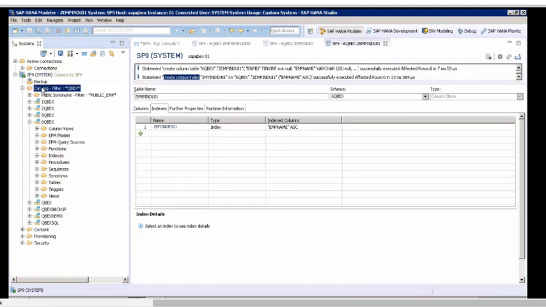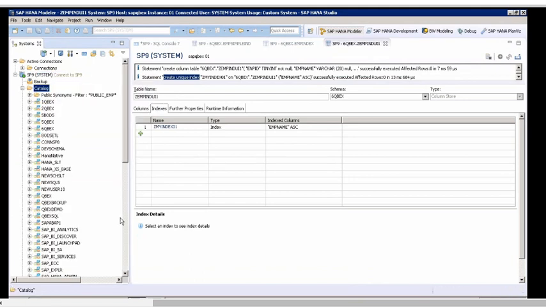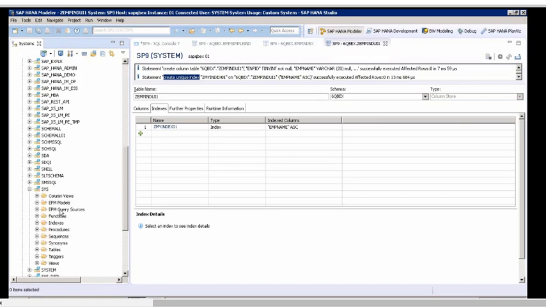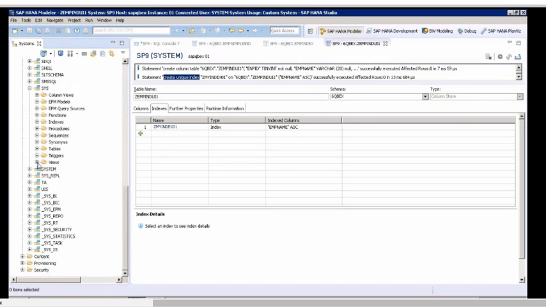If I go to this, this is a SYS schema where I have all the system views.